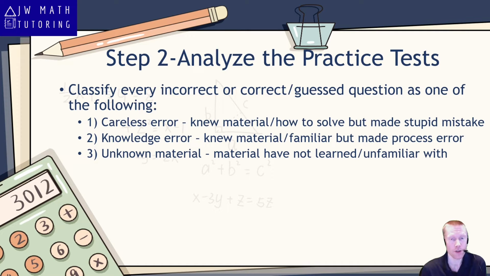So in other words, you know how to do the first step in the problem and the second step and the third step, but maybe you don't know quite what to do at the very end in order to get the final answers. And then the third type that you want to classify these problems as are unknown material